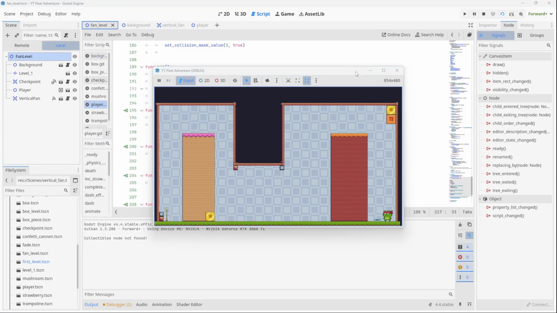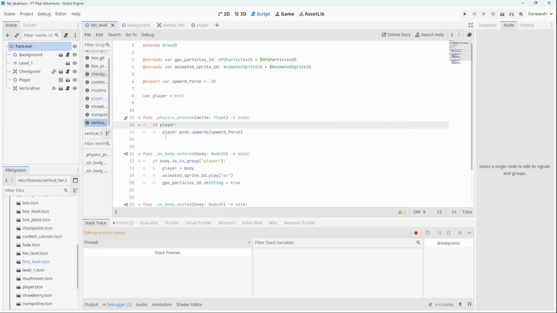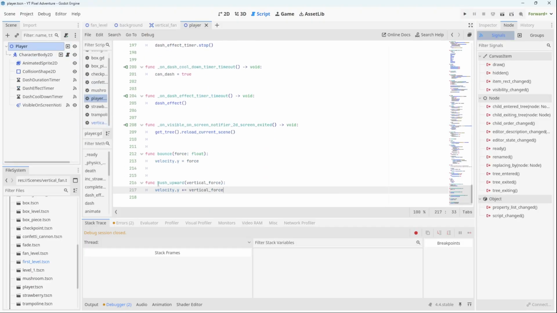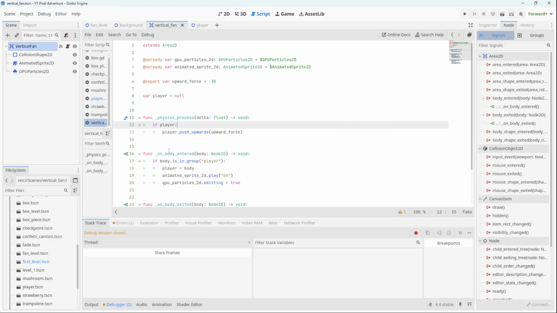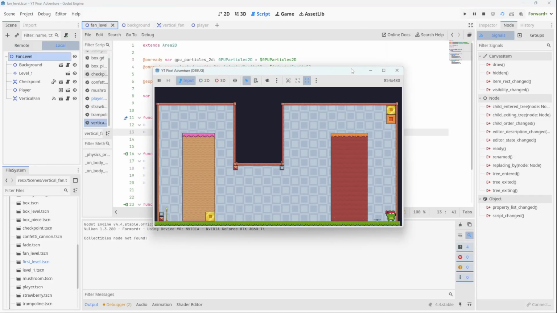We can see that the fan is off, but if we go, let's just see, we've got an error push upwards. It's probably a spelling mistake on my part. Push upwards. We go to the player script. What is it called? Let's just copy it exactly. Push upward. Upward, not upwards. Okay, so now if we go to the fan level and we run it,